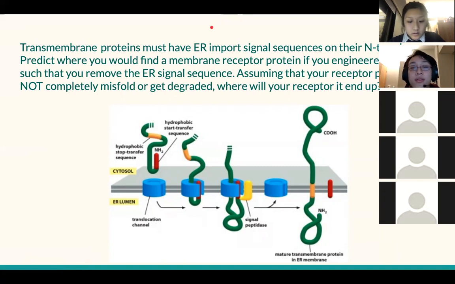And so if we think about this situation, the first question we should ask ourselves is, what localization sequence does it have? Because that will determine its initial state. Does anyone have an answer to that? If anyone does have an answer, feel free to either unmute yourself or you can type it in the chat if you want.